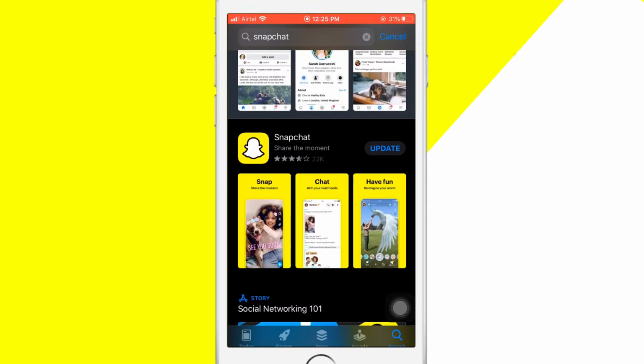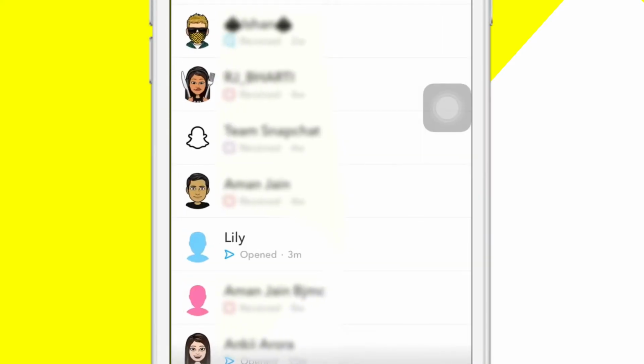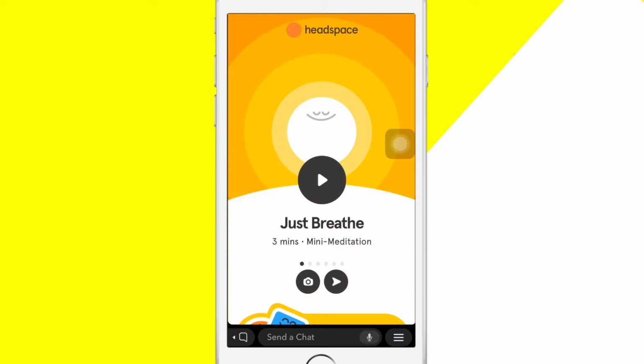First, you need to update the Snapchat app. After updating, open the app. Then tap on chat at the bottom left of your screen. Then select a friend whom you want to do meditation with. Next, tap on the rocket icon, tap on Headspace, and then tap on this arrow icon and then send this